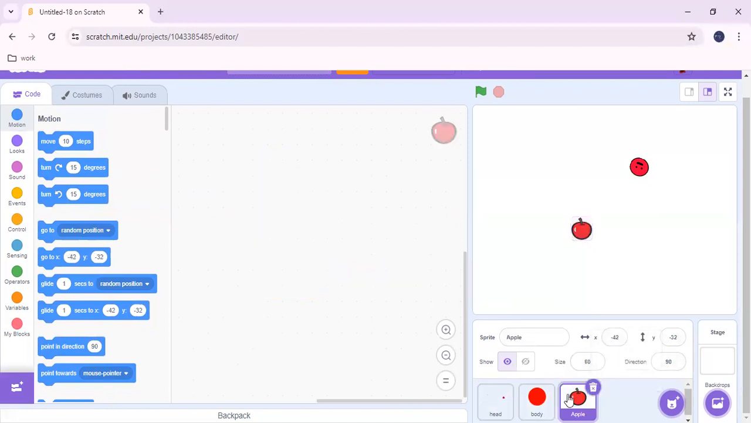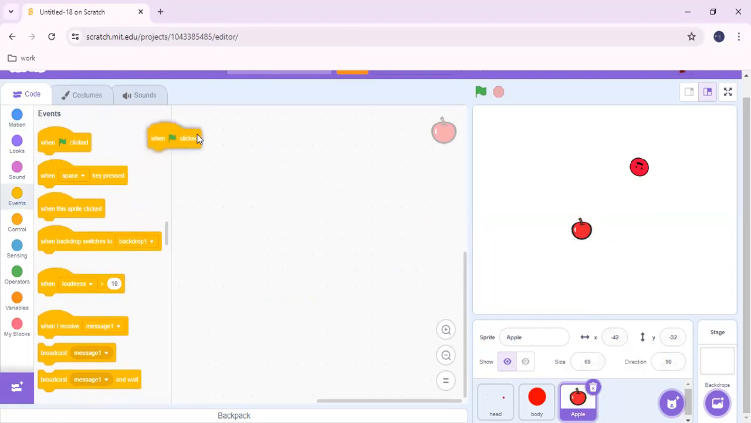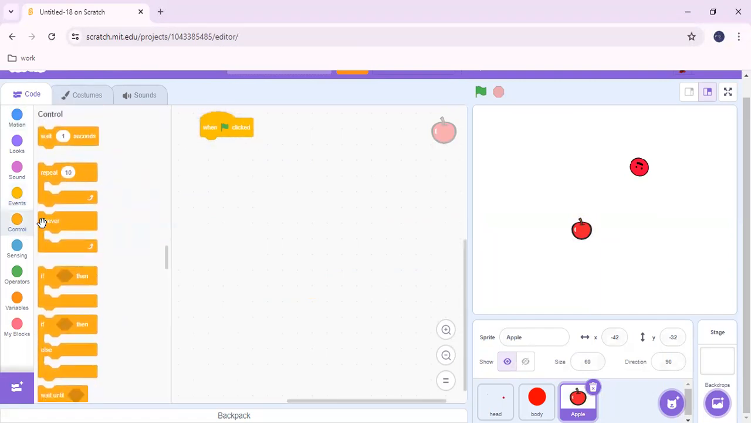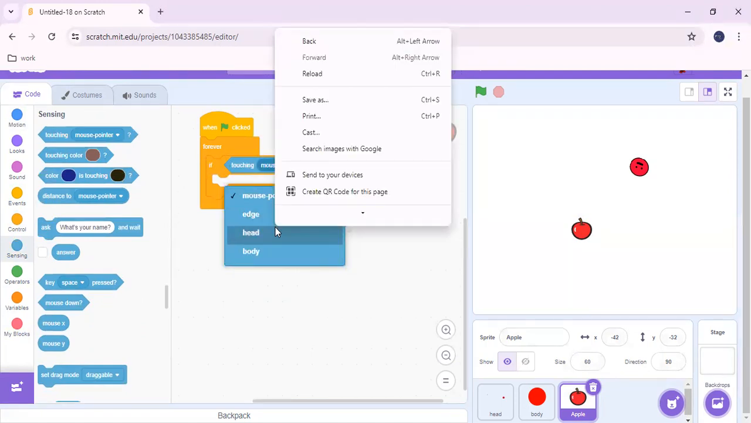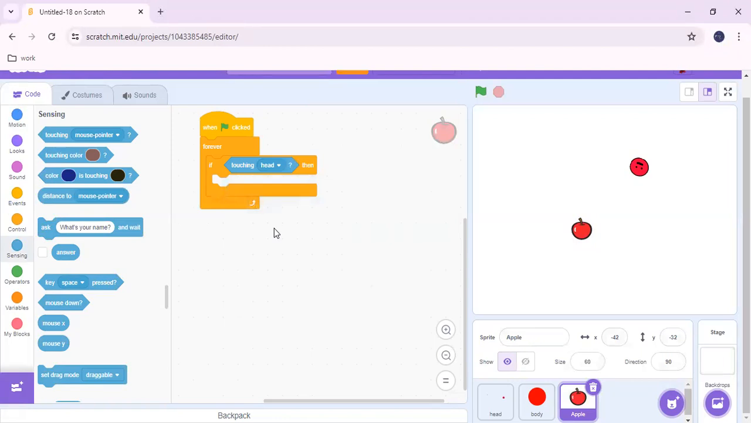go to our apple, which has no code right now. Now what we're gonna do is go to events and get the when green flag clicked block. Go to control, get the forever loop, and then get the if then else. Go to sensing and get the touching head block. The code we're doing right now is whenever the apple touches the head, what should happen? So when the apple touches the head, then